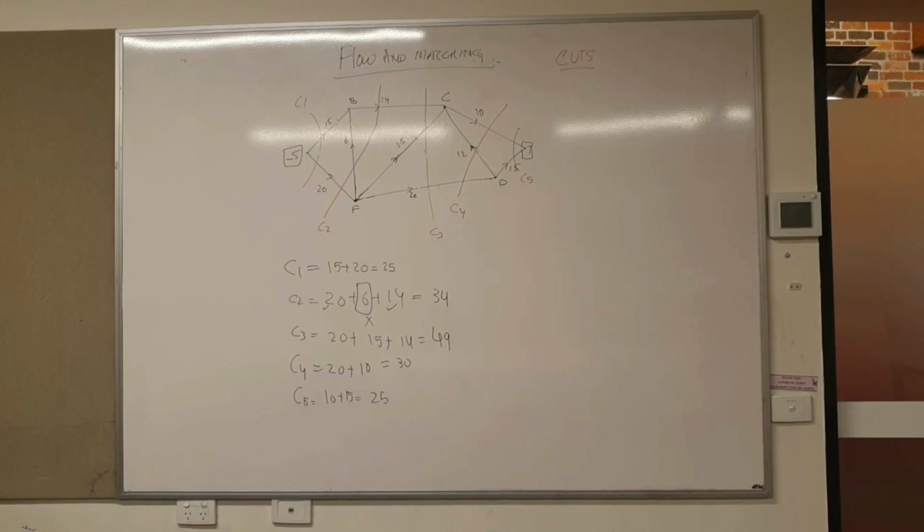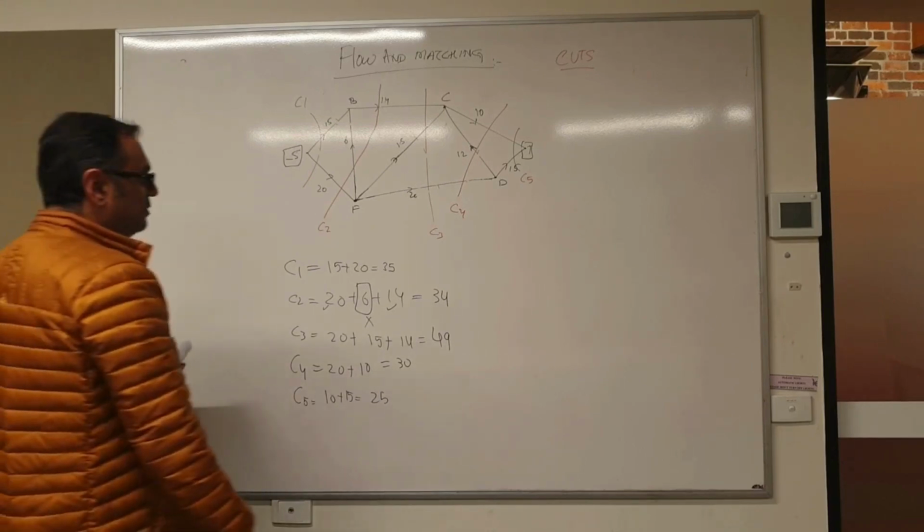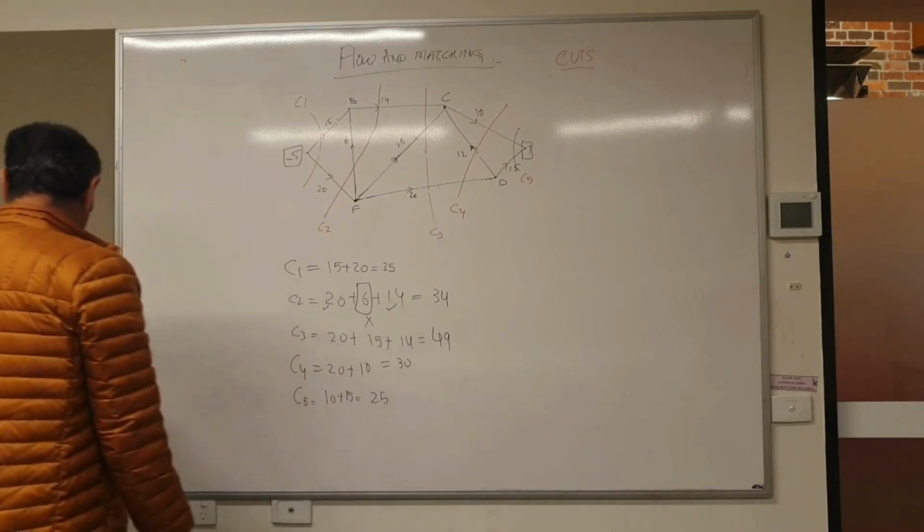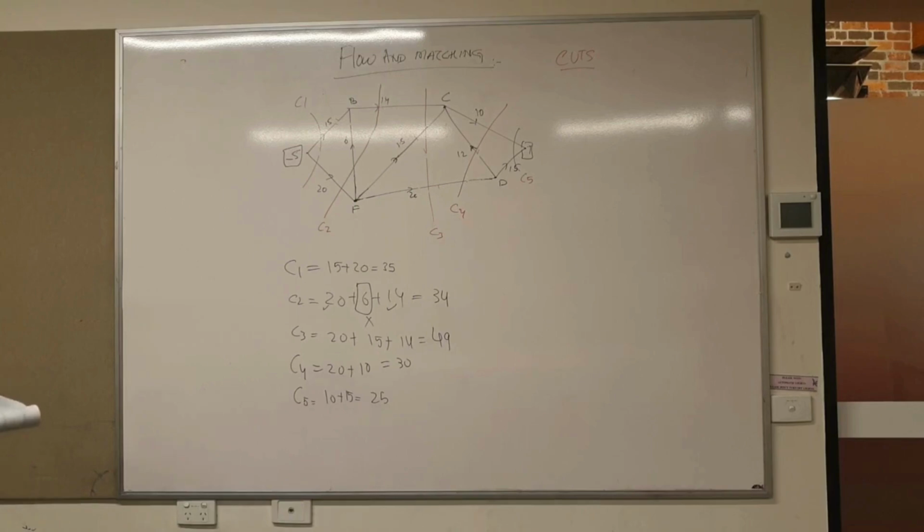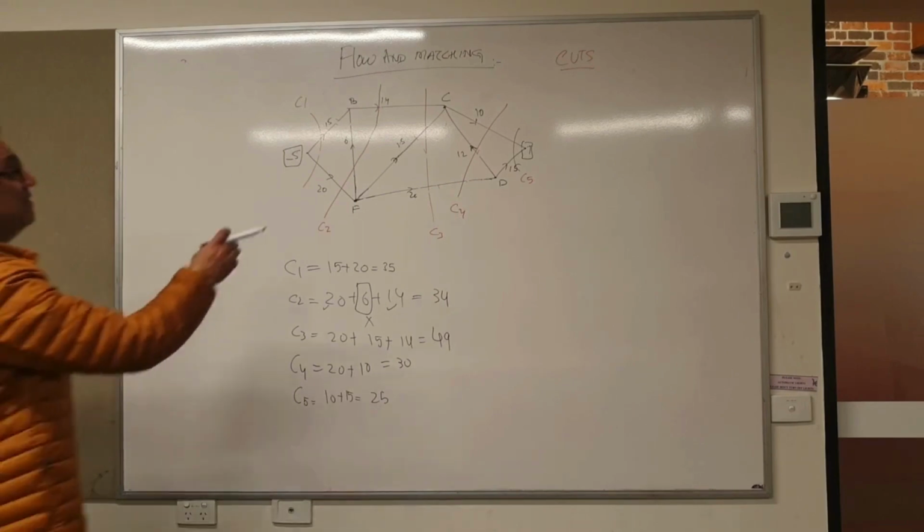All good? So what will be the capacity? Which is the minimum capacity? Okay. Yeah. Right? So that will be the capacity of this particular